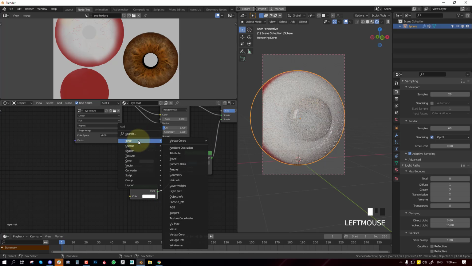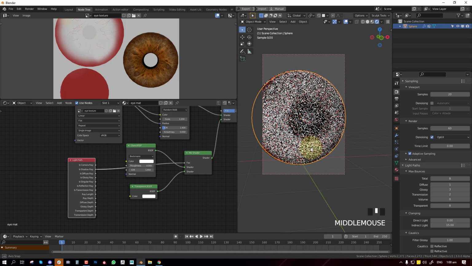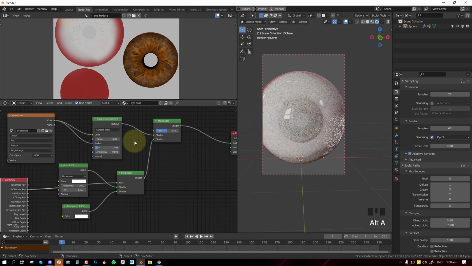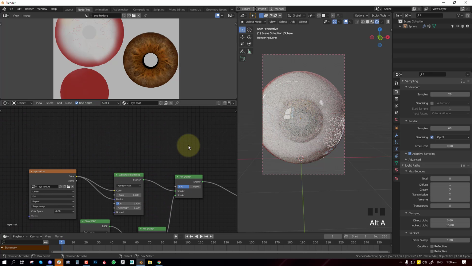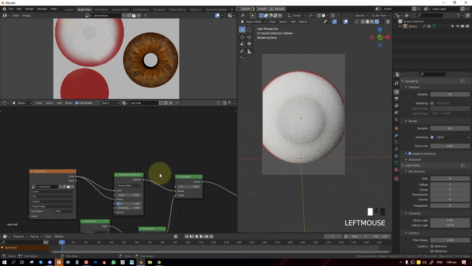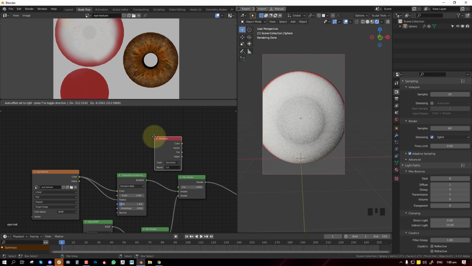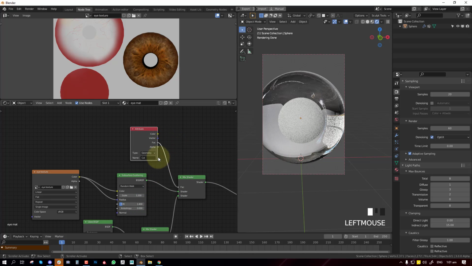Okay, and then the final connection is the light path node. We'll use the shadow ray and hit it there. Okay, so it's working now, but we cannot really see it. This is the pure glass, and so now we'll get that vertex color which we created and take the factor and plug it in there.